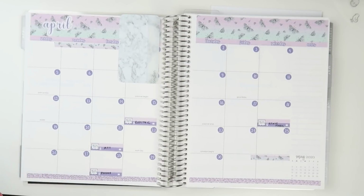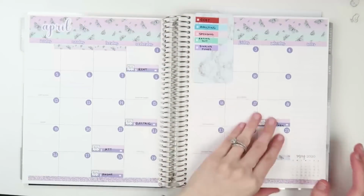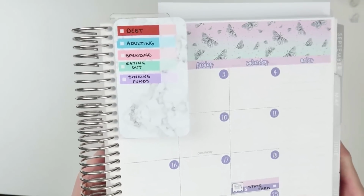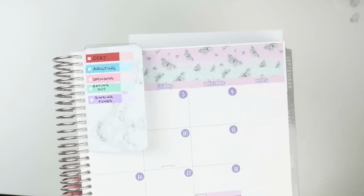So here we are with the mid-month check-in. I'm just going to be showing you guys basically how I have been spending my money. I do have a new little key here with the Romina Rosa little stickers here, which